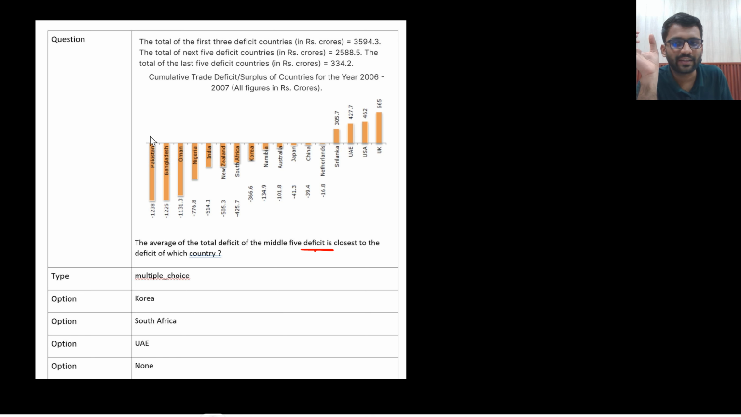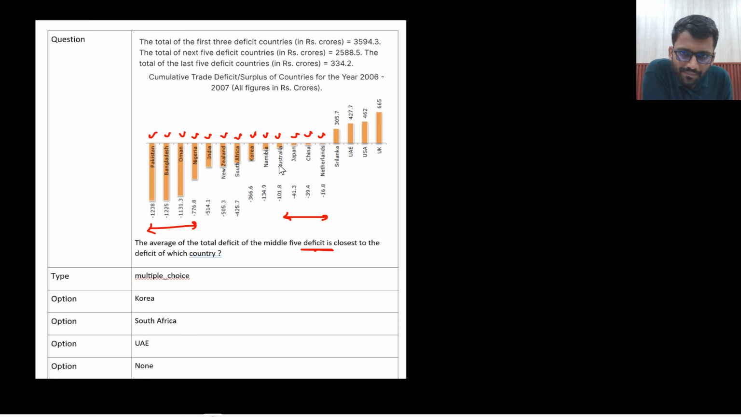So how many deficit are there? 1, 2, 3, 4, 5, 6, 7, 8, 9, 10, 11, 12 and 13. 13 deficit are there. So you have to take the middle 5 of that. So 13 minus 5 is 8, right? So 8 by 2, 4. So 4 you need to drop here, and 4 you need to drop here. 1, 2, 3, 4. 4 you need to drop here